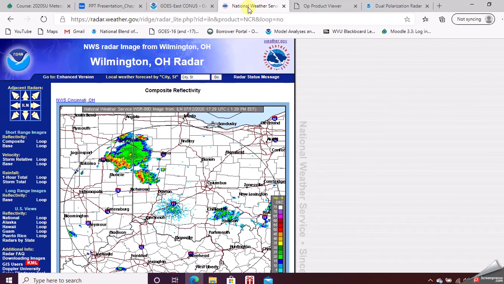So I wanted to show you, we talk about radar this week. Radar is just sending out a pulse of microwave energy, and guess what? Less microwave energy is emitted from a radar than if you were standing next to a microwave. So there's hardly any, a very small amount of energy really emitted up there, but it detects raindrops or anything else that it can reflect off of and bounce back. And here you can see it real time in the southwestern part of Ohio, into Indiana, and the red being more reflection. So the more raindrops, the more reflection.